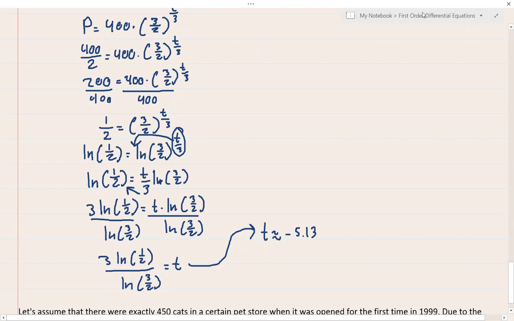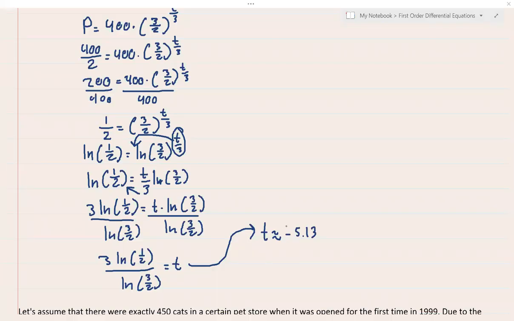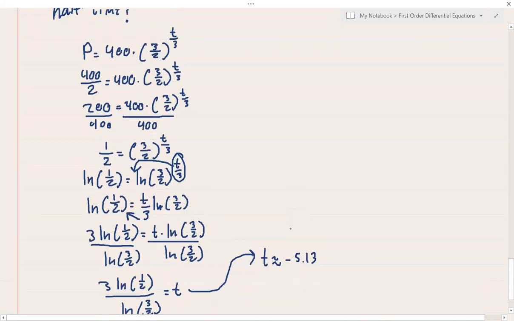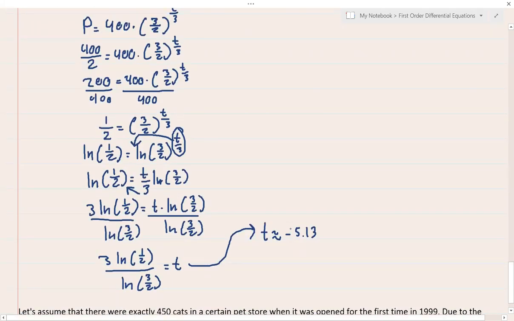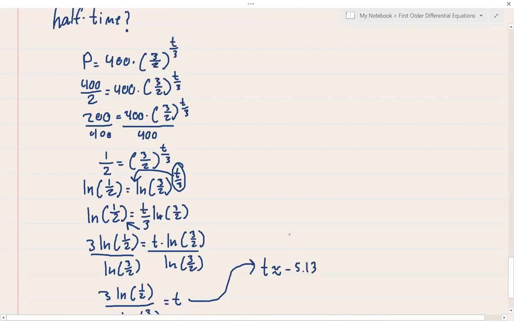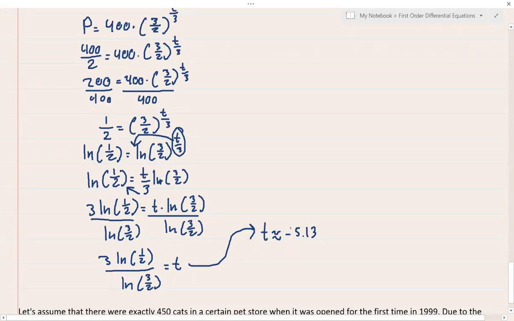Wait lang, check ko ha. Ayan, that's it. Pero guys, you see, actually dapat hindi to negative. To be fair, dapat hindi to negative. Kasi meron ka bang nakitang time na negative? Meron ba? Hindi naman, di ba? Hindi naman. So, basically, okay, you can leave this as your answer,